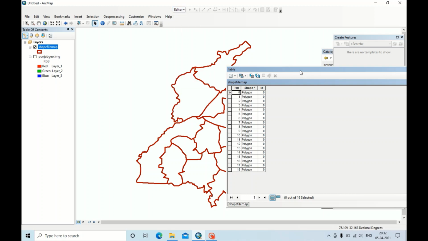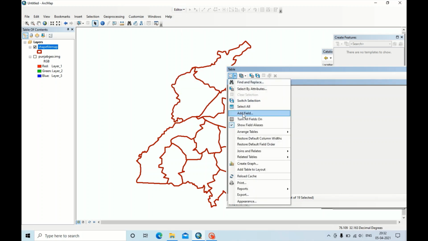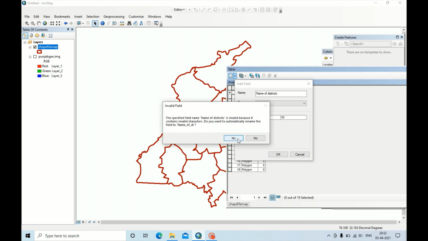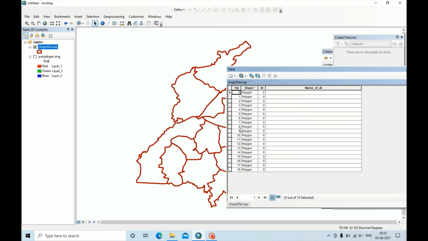First add field, then you can create the name of districts. Sorry, it is a map of Punjab state. Now these divisions are districts, so I'm writing name of districts, create as text. Okay, now